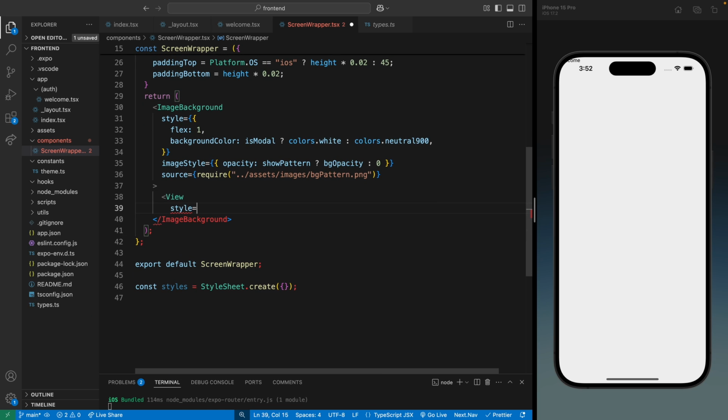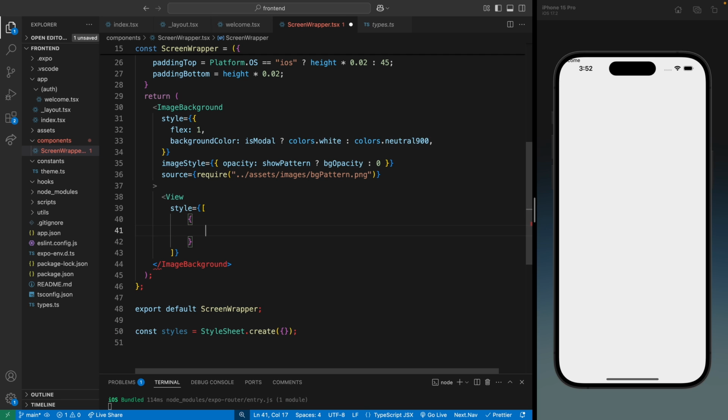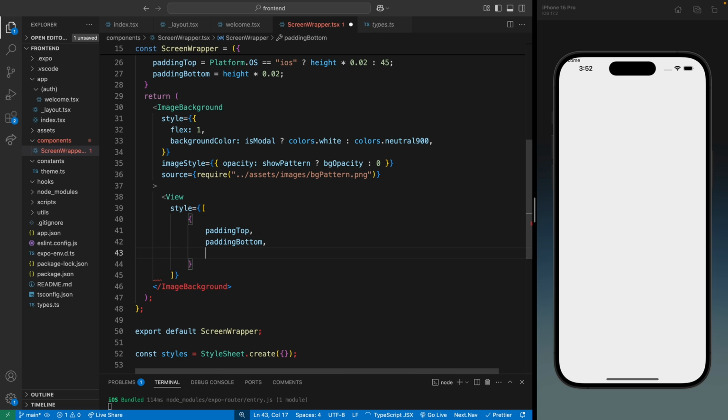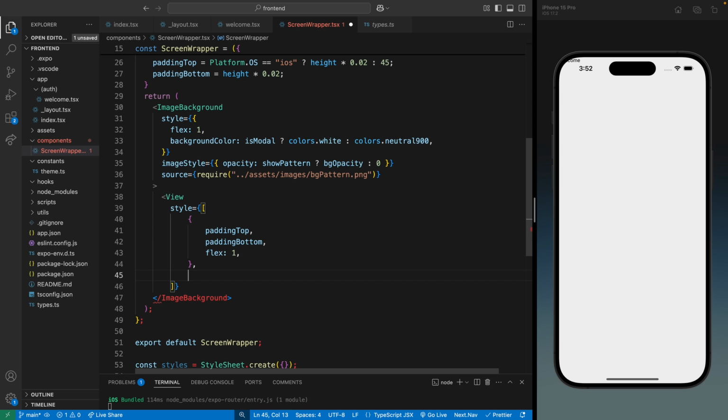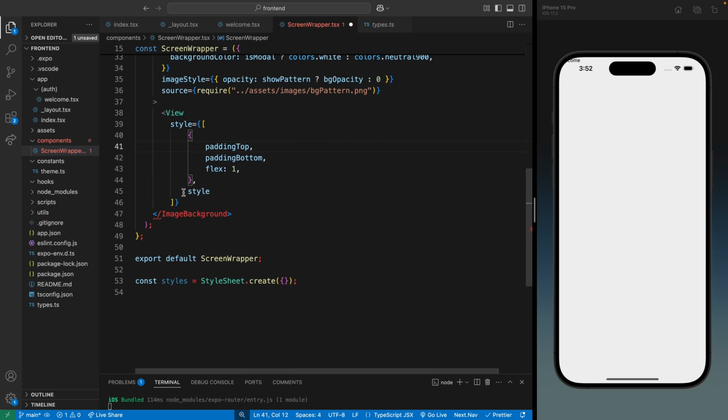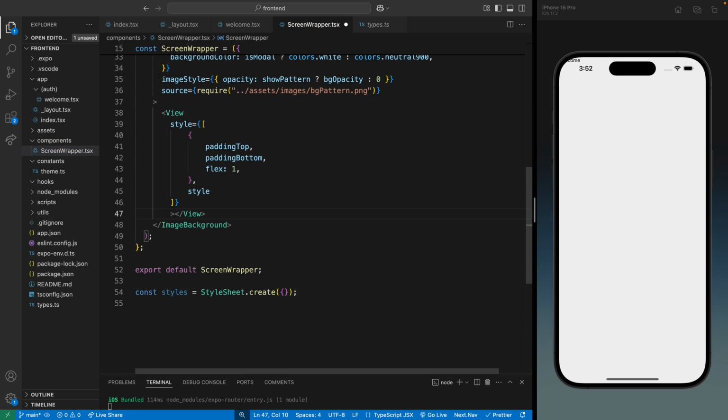This is going to be an array of the styles, and the first object will be the paddings. So padding top, and then the padding bottom, which we defined at the top, then the flex 1. And then we will also define the style object, which we are passing from the parent component in case we need to override any styles. So in this view, we need to render the children